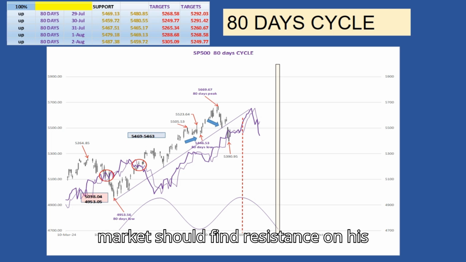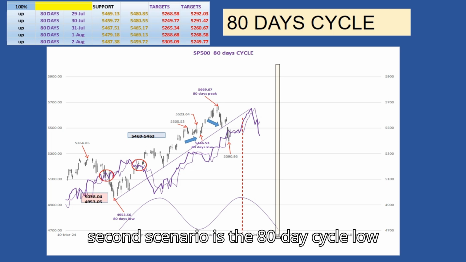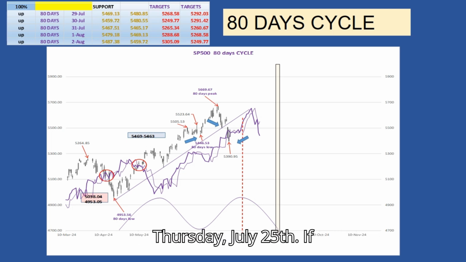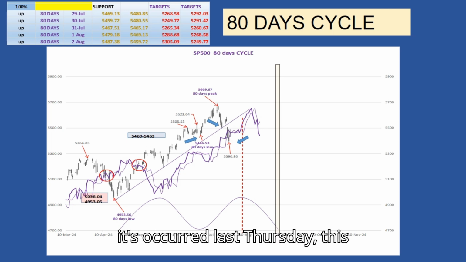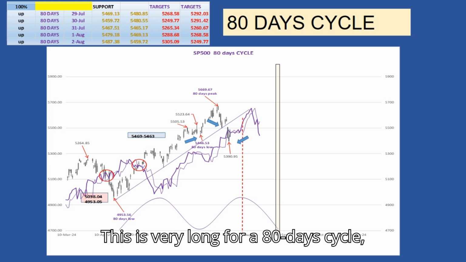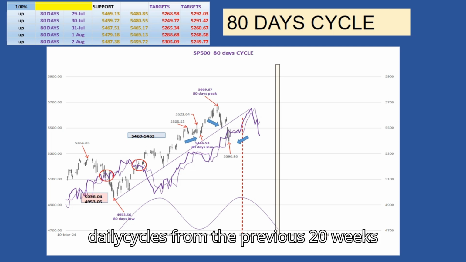So the market should find resistance on his 20-day cycle line. The second scenario is the 80-day cycle low is still to come or may have occurred last Thursday, July 25th. If it occurred last Thursday, this 80-day cycle is 98 days long. This is very long for an 80-day cycle, but not impossible, since the daily cycles from the previous 20-week cycle